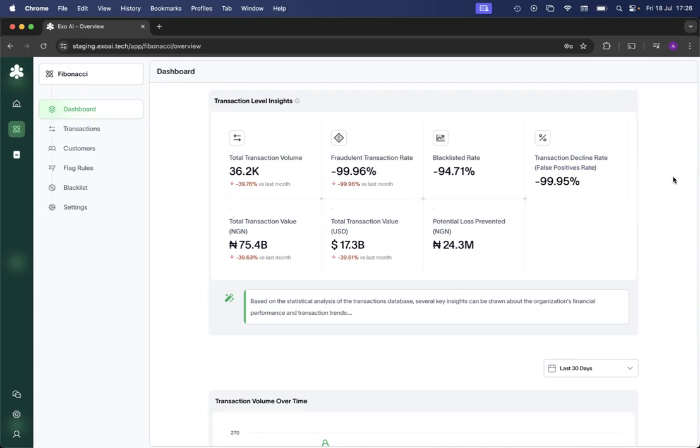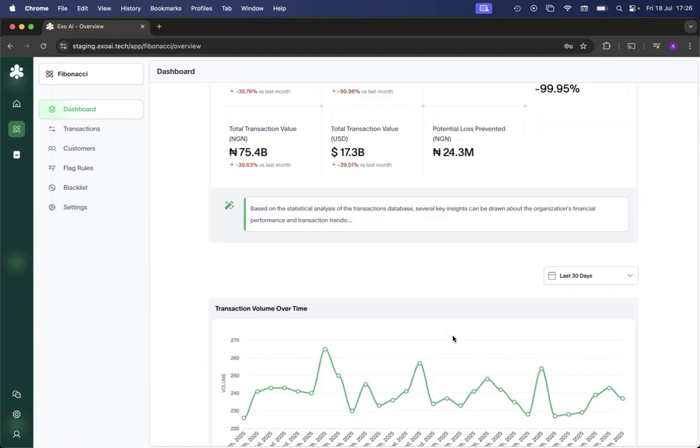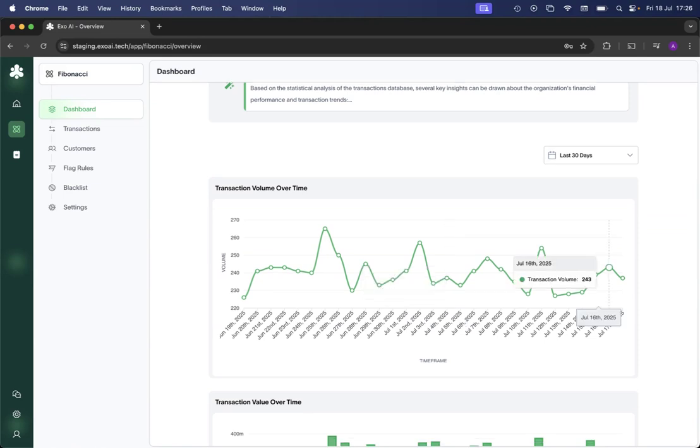The dashboard has a few metrics and insights on a system level that show the total transaction value and volume in different currencies, fraud detection, fraud transaction rates, blacklist rates, and other metrics as well. We also have insights that can be generated here to explain further each metric that you might see on this page. We also have certain graphs that give a